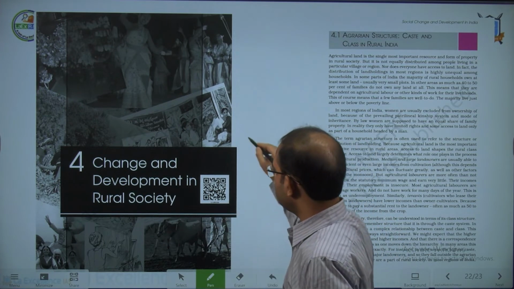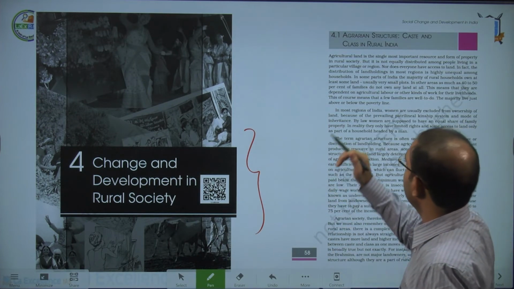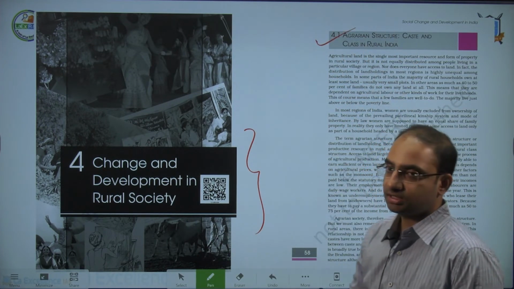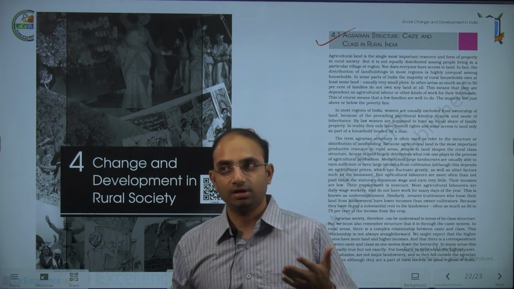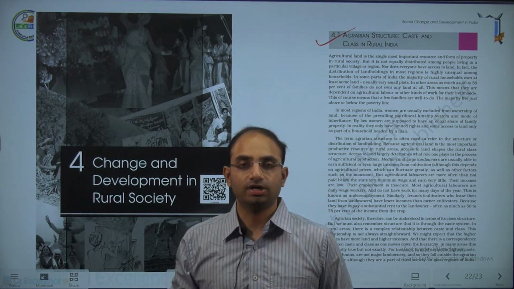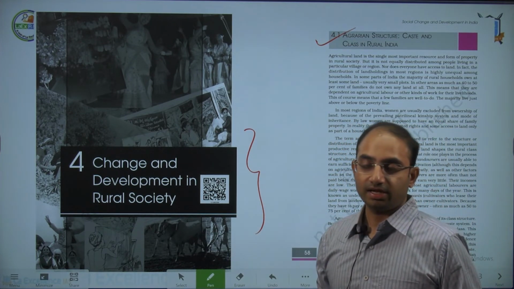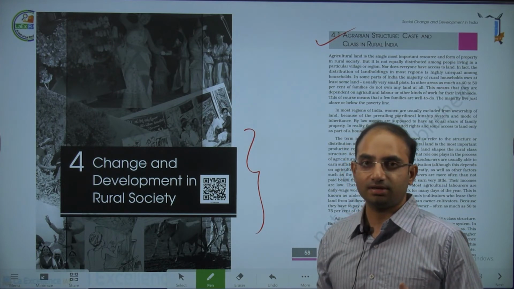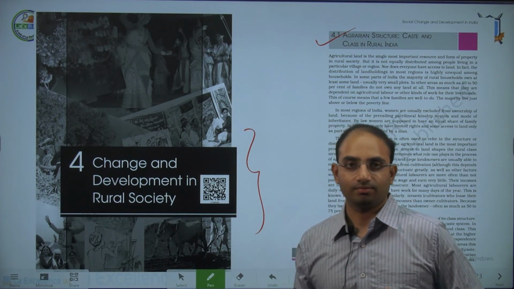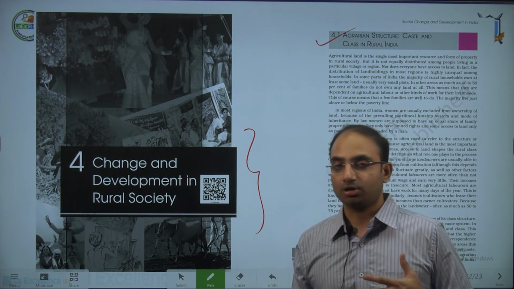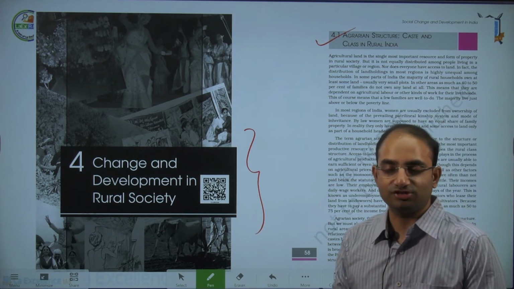Then chapter 4 is about change and development in rural society. So in rural society on the countryside, how are things? We will address things like agrarian structure, how villages are experiencing not just economic problems but also social problems. We will examine what is the social structure in village. We will look at some famous village studies, and we will see how various agricultural events like land reforms, green revolution, how did they impact the rural settlements. And we will also understand questions like, in the present day, how should Indian government, Indian policy makers approach rural development such that we can provide development to all sections of society.